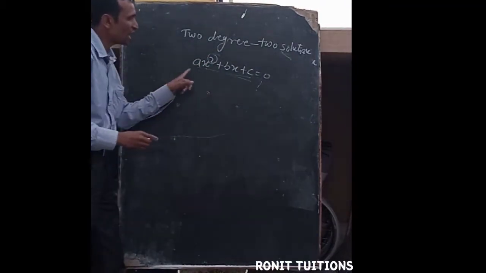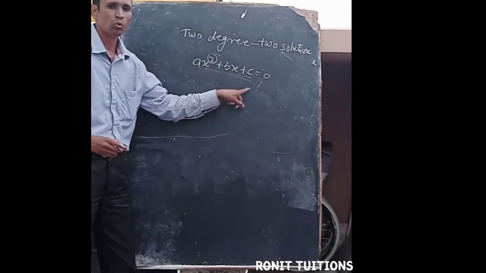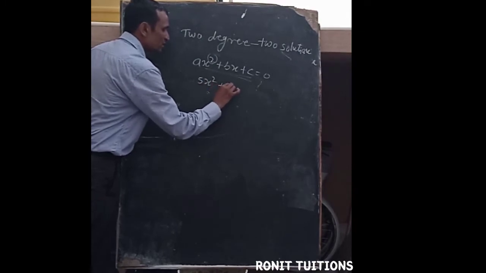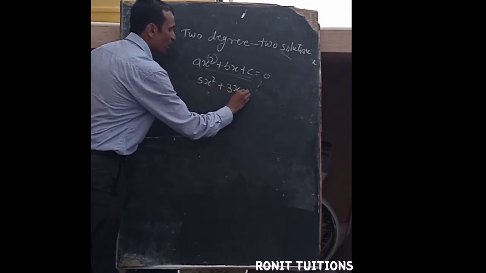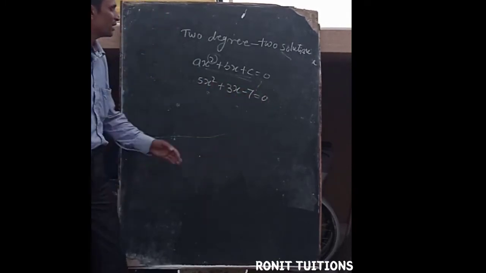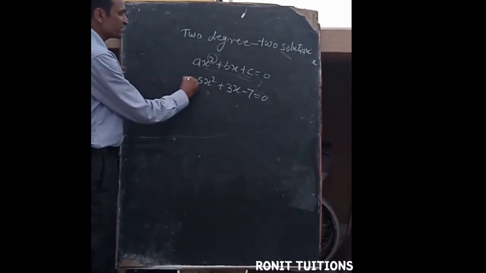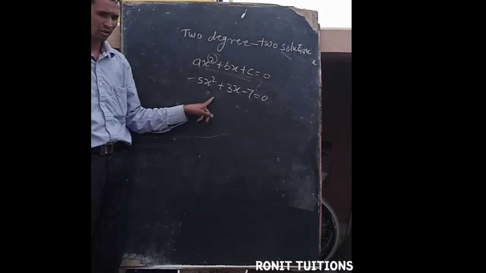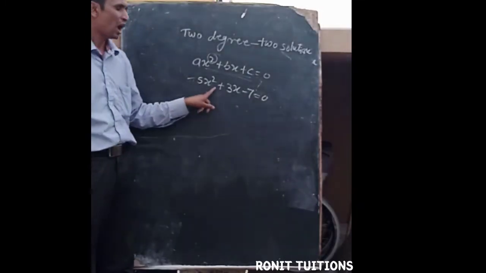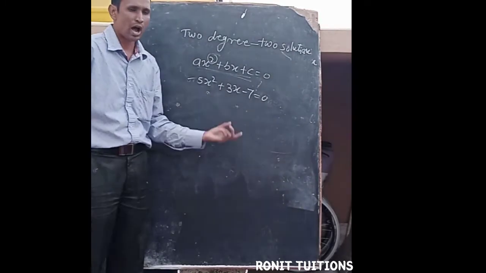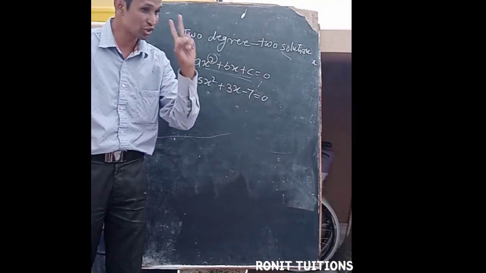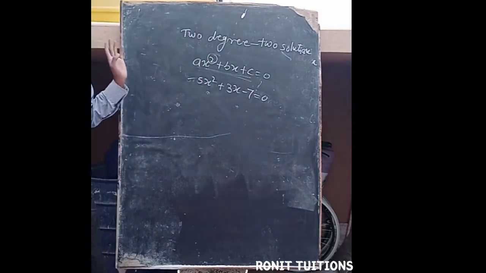So I can give an example of what we can write. These are all one variable, only one variable: pi x square plus 3x minus 7 is equal to 0. How much degree is there? 2 degree. How many solutions does it have? We will find the solution, and 2 x values will come. That is called the root also, the zeros also, and the solution also.